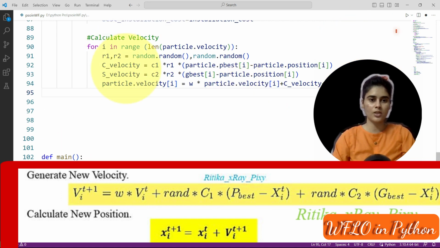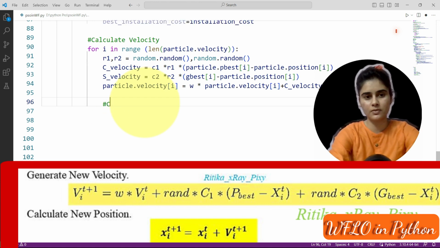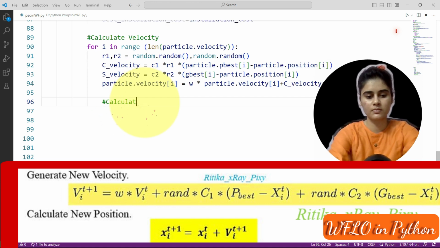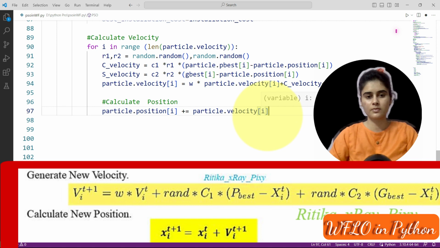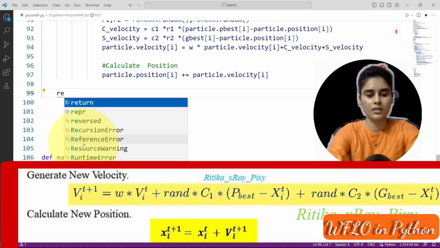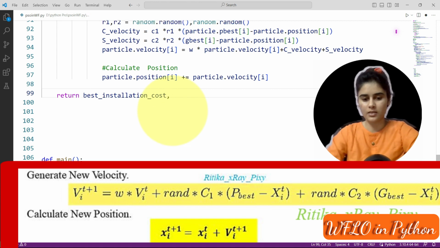Now the velocity is calculated. Now here we will calculate position. So the particle position here will be updated, with the best installation cost and the best value.